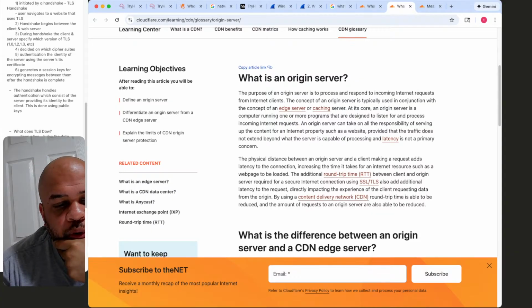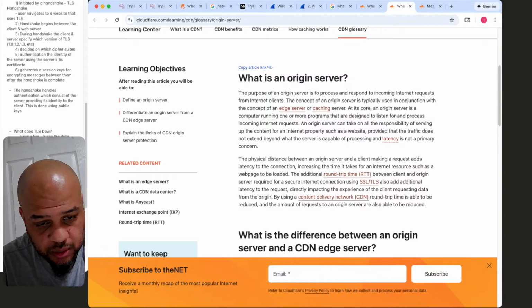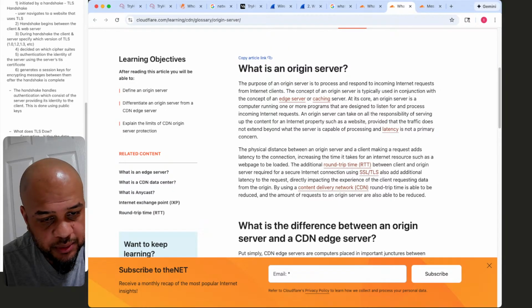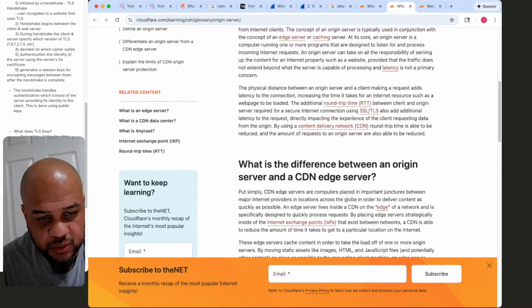a computer running one or more programs that are designed to listen for and process incoming internet requests, taking on the responsibility of serving up the content for an internet property, such as a website. The physical distance between an origin server and the client making a request adds latency to the connection, increasing the time it takes for an internet resource such as a web page to load, a round trip. Then the client and the origin server required for a secure internet connection using SSL, TLS,